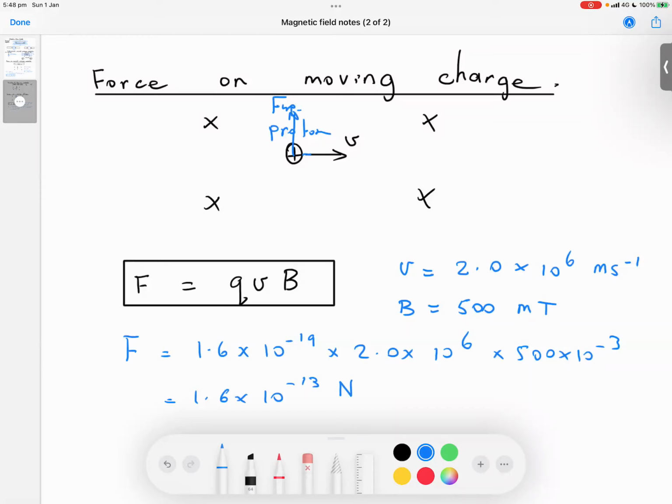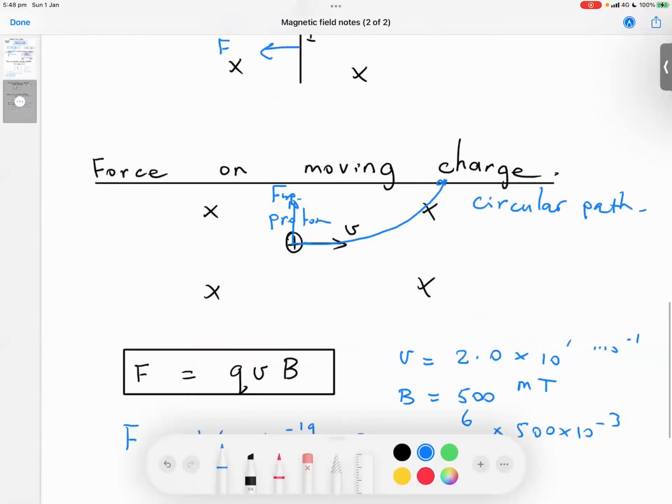Now, any force which is perpendicular to the charge and constant in size will make a circular path, okay, of a certain radius. The stronger the force, the tighter the radius, or smaller the radius, and so forth. All right, so just very quickly,